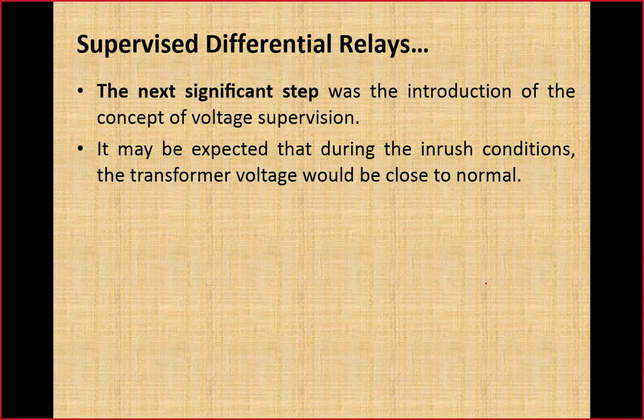It means if current is there through the differential branch and voltage is equal to the nominal value, it means that is due to the energization of the transformer, no need to trip the differential relay. So the differential relay operation will be blocked by the under voltage relay. But if a fault occurs, there will be a dip in voltage and current will be through the differential branch, then tripping is required. So here what we have done, we have interlocked the operation of the differential relay and the under voltage relay with each other. The differential relay could not trip unless the under voltage relay has tripped, because under voltage relay tripping is an indication of fault, then the differential relay can trip.